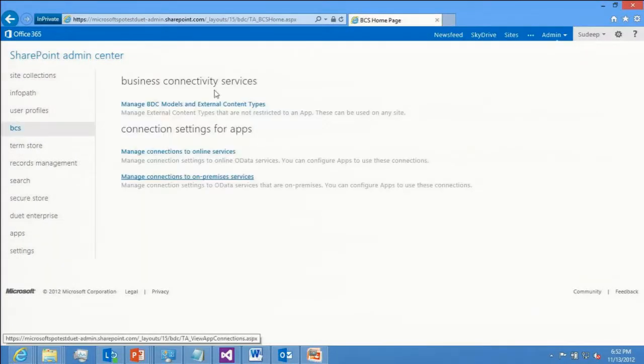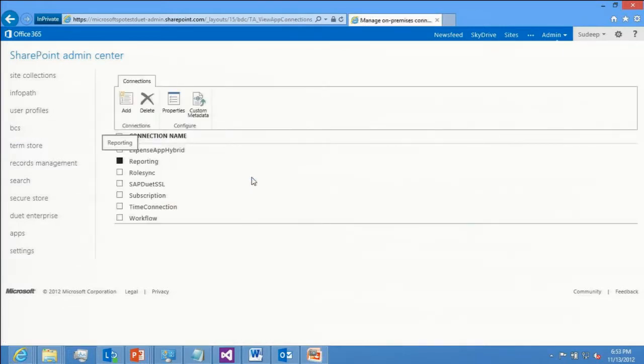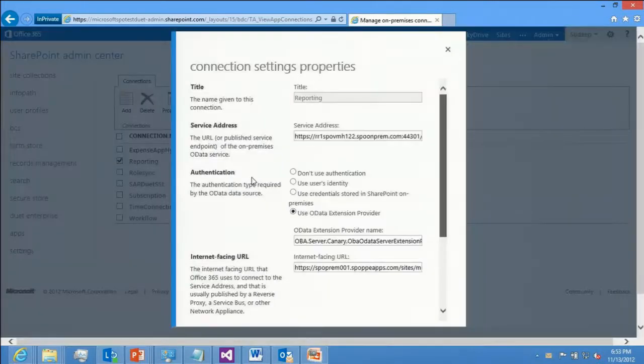And so you have to go over to, so I'm backing up a second, you go back and you set up the connection settings. So you click on that, you find the connection settings for reporting and workflow. You can go to the properties, and just like in the previous screen, you can see the different properties. So this shows you the service URL for SAP, and it also shows you the thing that is different for SAP is that there's an extension provider here, and this is an extension provider that runs on premises. And when SharePoint Online calls on premises, and SharePoint on premises is trying to call SAP, this extension provider kicks in, and it adds something to the request that lets that request get authenticated to SAP.